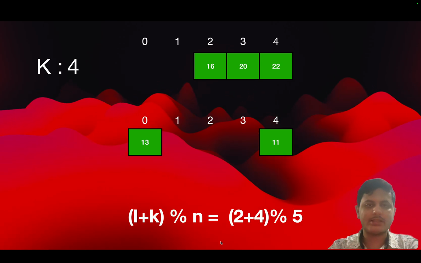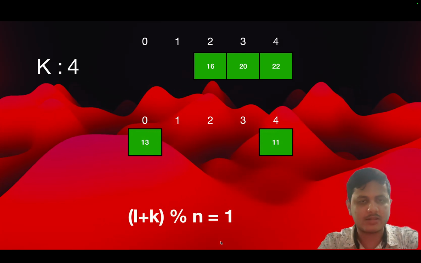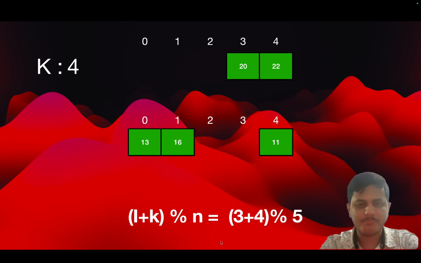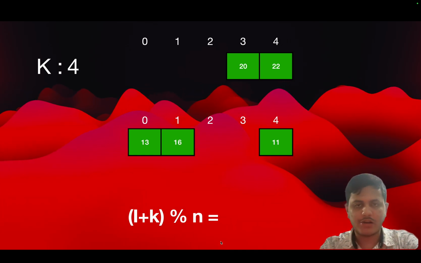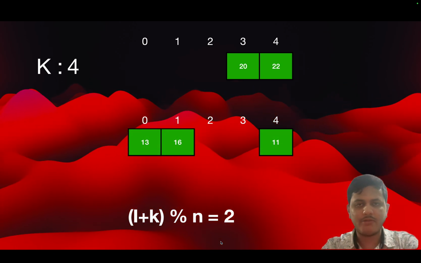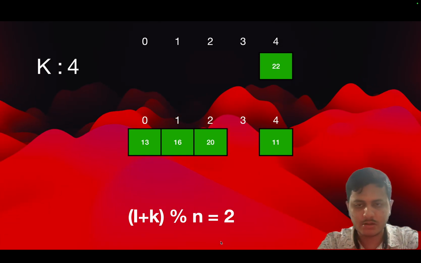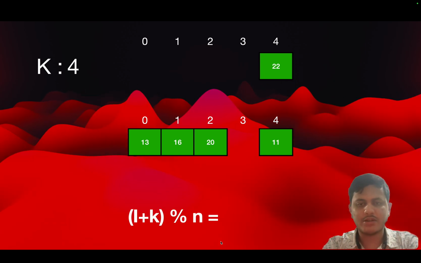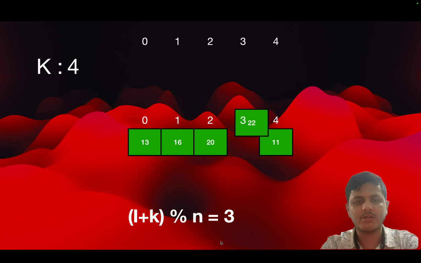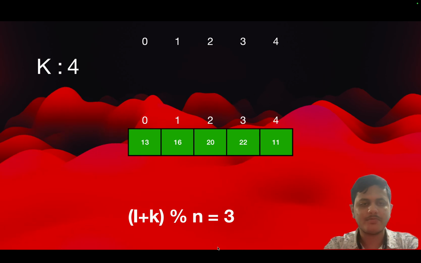Now let's look at the second place of the index. So we will be putting this element in the first place. Now let's do this one. Yeah, so 2, so this element will go to the 2nd place of the index. Now the last one, of course. The last one will go to the empty place which is remaining. That's it. It was that easy to implement.